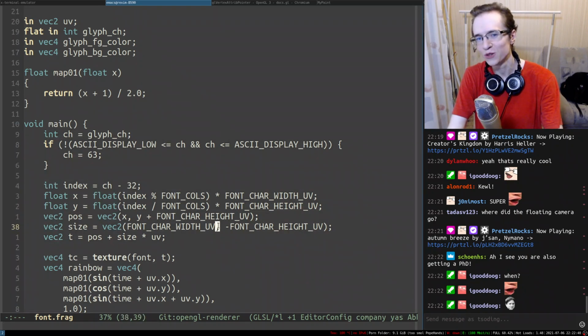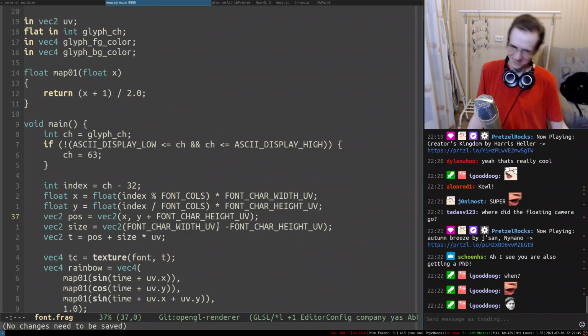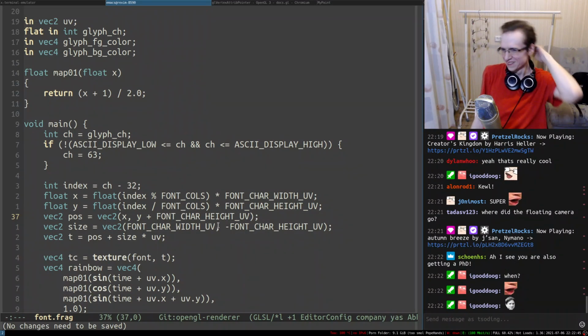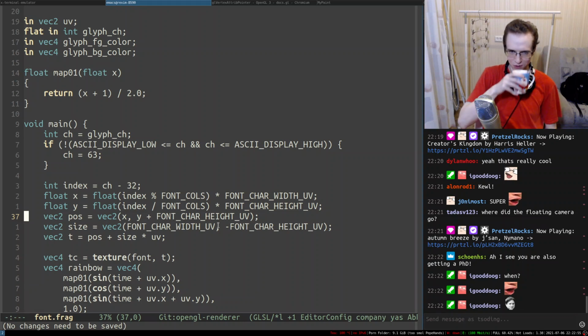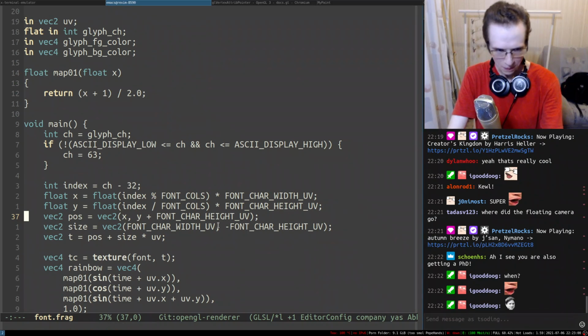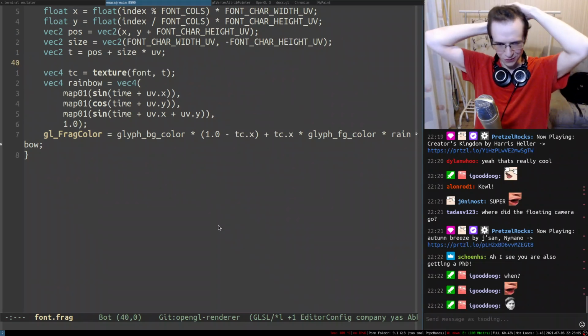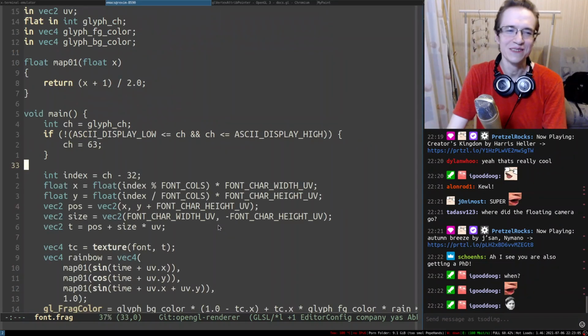Is this PhD worthy, by the way? I don't know. I actually did that already before, the entire meme about PhD and glyphs on GPU, so I didn't know that it's PhD worthy. Oh my god. This is the best meme that came out of the Casey community. It's just absolutely beautiful. I absolutely love it.